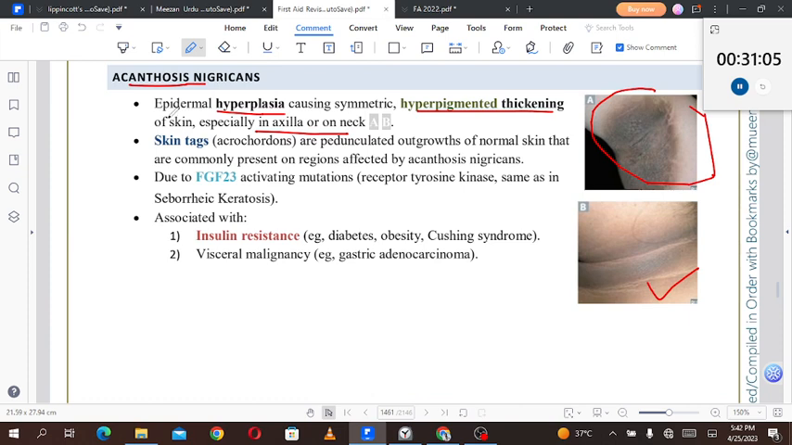Acanthosis nigricans is epidermal hyperplasia causing symmetric hyperpigmented thickening of the skin, especially in the axilla or on the neck. So this is in the neck and this is in the axilla. Skin tags, acrochordons, are pedunculated outgrowths of normal skin that are commonly present in regions affected by acanthosis nigricans. It is due to fibroblast growth factor receptor activating mutations, a receptor tyrosine kinase, same as in seborrheic keratosis. It is associated with insulin resistance, for example diabetes, obesity, Cushing syndrome, and visceral malignancy, for example